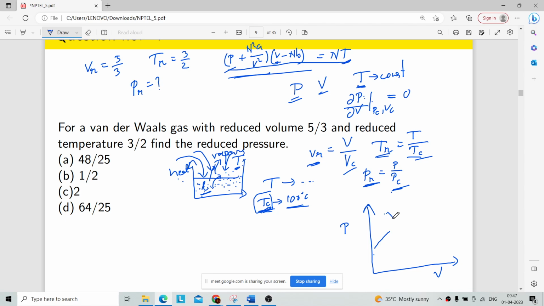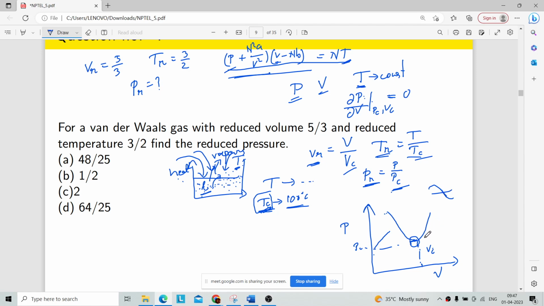The volume will decrease, but at a certain point, what will happen? The pressure will hit a critical value, and it won't go down further, and the volume will also hit a critical value, and it won't change after this point. So after this point, what will happen? It may change its trajectory. So we'll get some saddle points. It may be minima, maxima, or something like this,